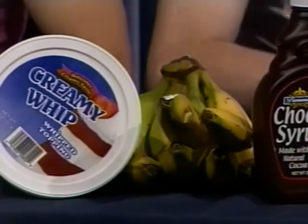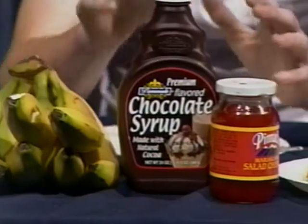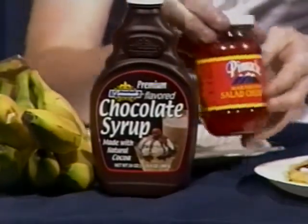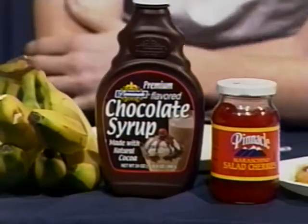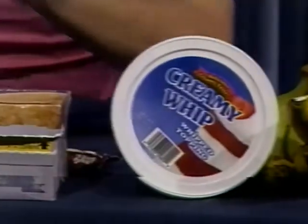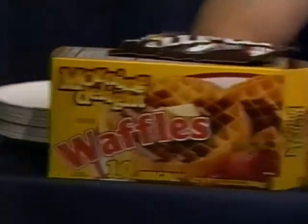Sergio? Also, you need chocolate syrup. That's the best part of this whole sundae. Next, you'll also need the cherry on top. All right, now first, we toast the waffles. Okay, hold on. We forgot...